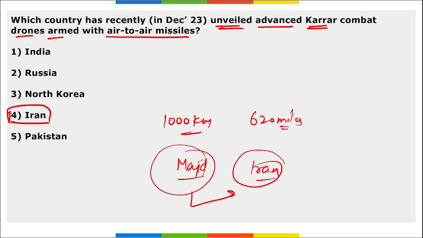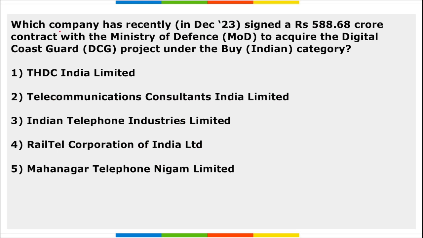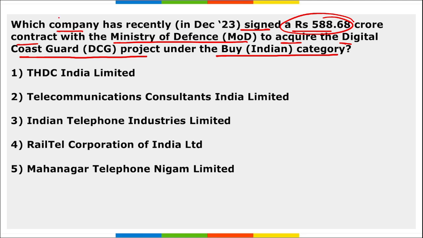Correct? Next, which company has recently signed a 588.68 crore rupees contract with the Ministry of Defence to acquire the Digital Coast Guard project under Buy Indian category? So which is the company that recently signed this contract with the Ministry of Defence? It is Telecommunications Consultants India Limited. Right? With them, the Ministry of Defence signed a contract worth 588.68 crore rupees,